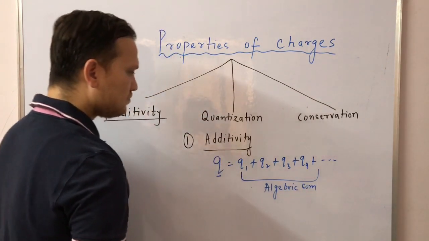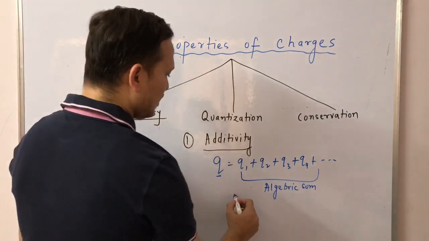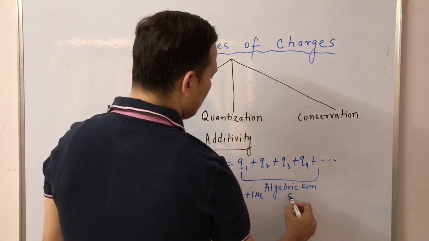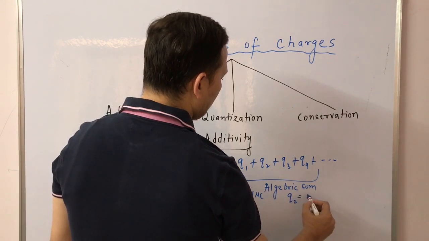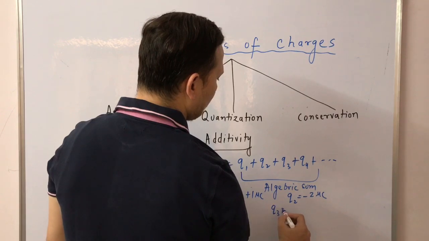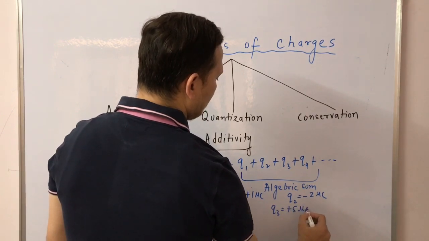For example, if I have three charges, suppose I have Q1 which is plus 1 microcoulomb, I have another charge Q2 which is minus 2 microcoulomb, and another charge Q3 which is plus 5 microcoulomb, then